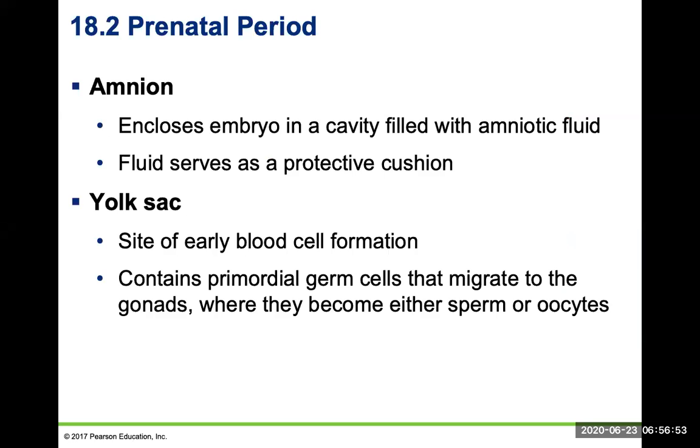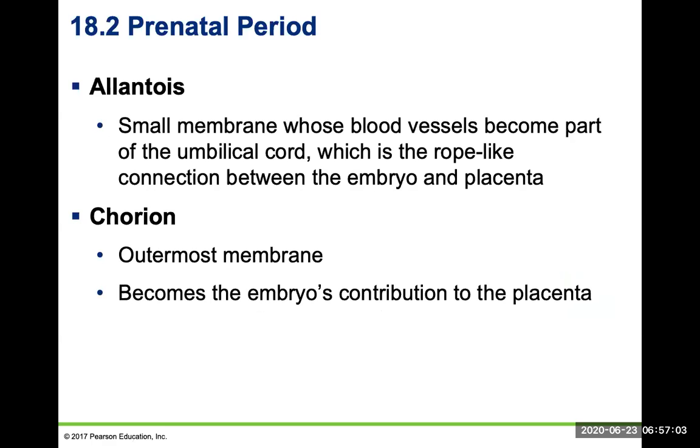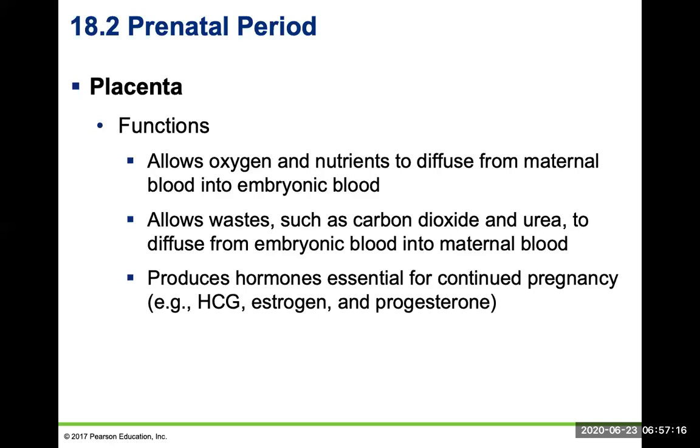The amnion encloses the embryo in a cavity filled with amniotic fluid to help serve as a protective cushion. The yolk sac is the site of early blood cell formation. The allantois is the small membrane whose blood vessels become part of the umbilical cord. And the chorion is the outermost membrane, which becomes the embryo's contribution to the placenta, which, speaking of the placenta,